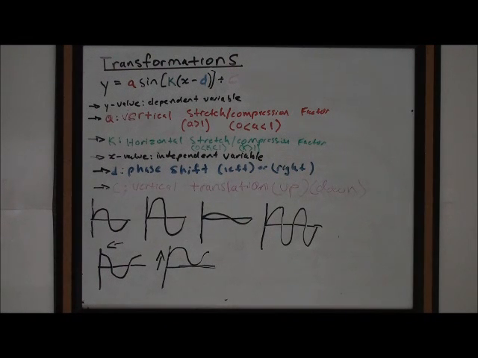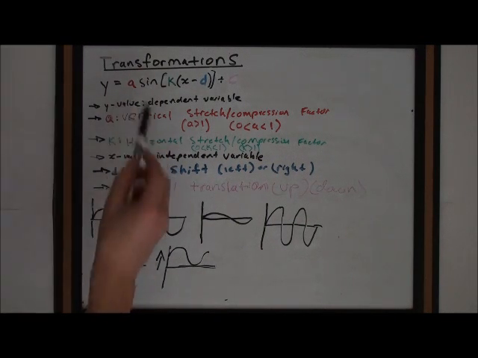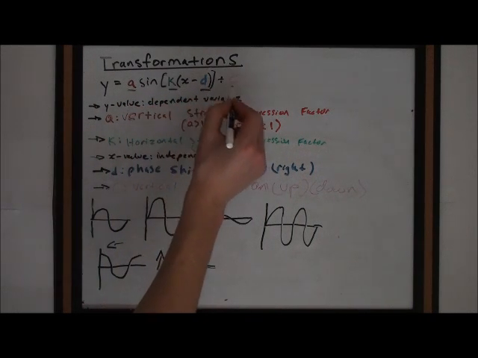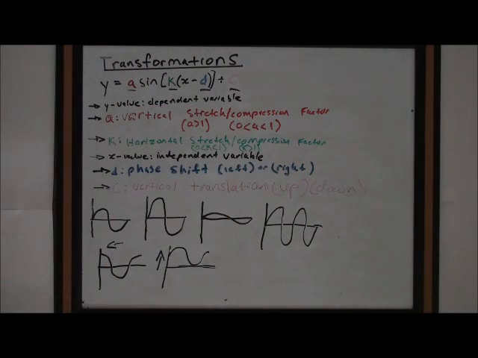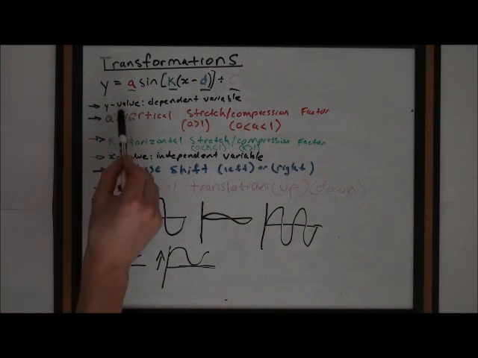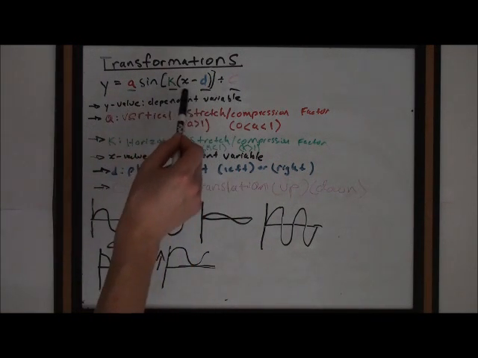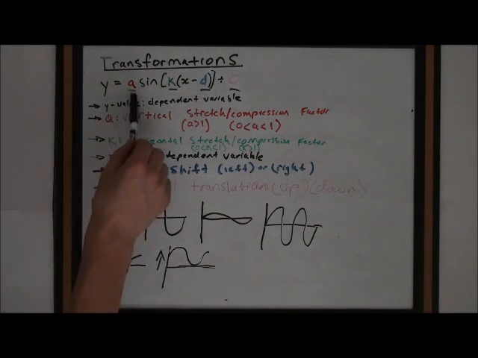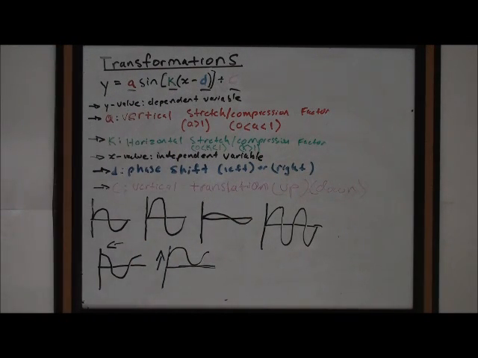Okay, so there are really only 4 factors that affect the transformation of a sine graph. So you have the a value, the k value, the d value, and the c value. Y is just the dependent variable and x is the independent variable. So the a value, also known as your amplitude, which is